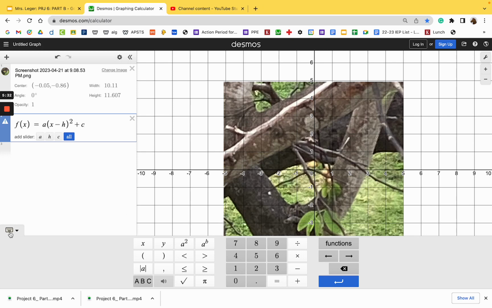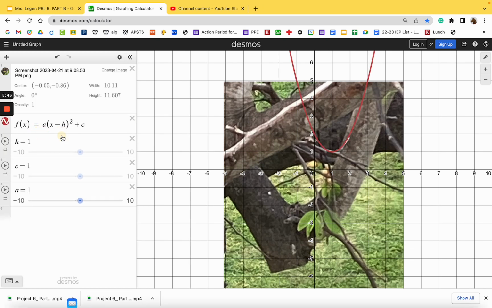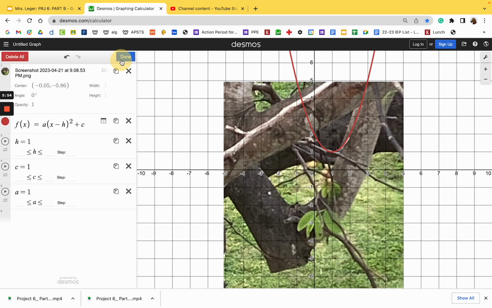And close the keyboard, and this is what it should look like. You're going to add the sliders below, and you can add them all at one time by clicking all, or you can add them singly. So I'm just going to add them all because I want all of them. Now, this created a parabola right on your page. I'm going to actually change the color of this parabola by,